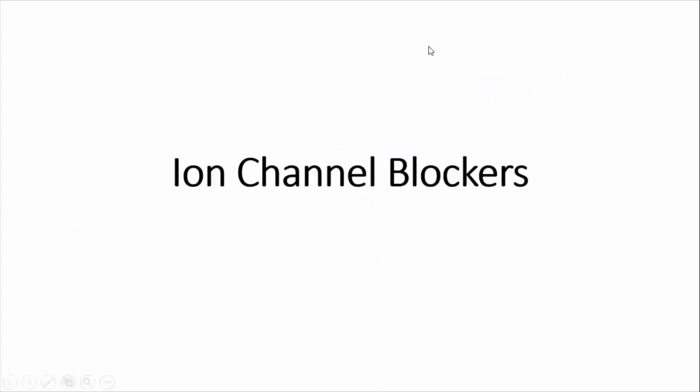Now talking about the ion channel blockers. Remember, I said that there are certain chemicals which increase your heart rate and sometimes they decrease your heart rate. So depending on the patient, we need certain channel blockers. For example, in the case of Parkinson's, as I mentioned, there is continuous movement of the motor functions, right? You're not able to control your movements. So there I want certain ion channel blockers so that the person can get relief. He or she will be able to control the movements. So for certain diseases like neurological diseases, we need certain ion channel blockers.